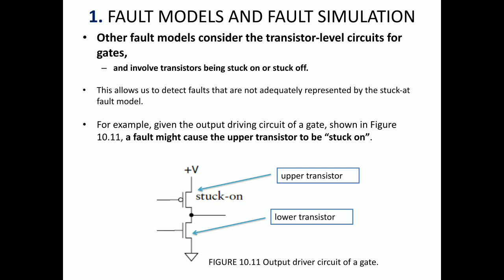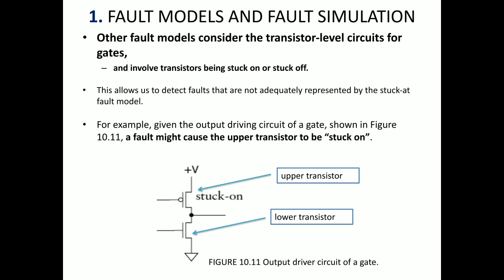What happens in the stuck-at fault model? In stuck-at 1 and stuck-at 0, we are checking only whether the path is stuck at logic 1 or stuck at logic 0, with respect to the output. But what happens if the transistor is turned on all the time, or turned off all the time? Then power consumption will occur, right? If the transistor is turned on all the time, then more power will be consumed and more heat will be produced. If it is turned off, there will be some amount of leakage current, so we need to incorporate some methodologies to avoid leakage currents also.